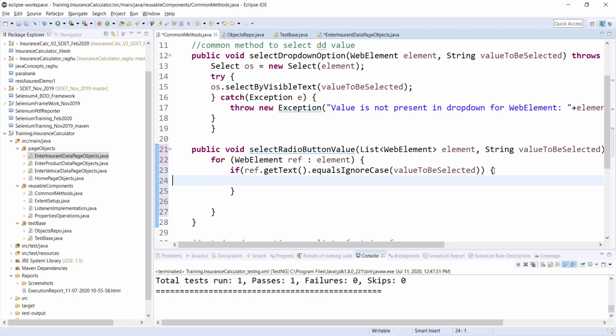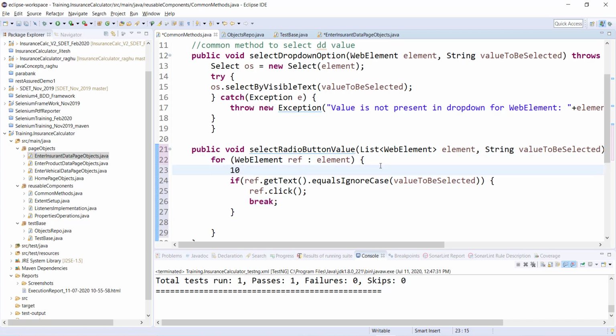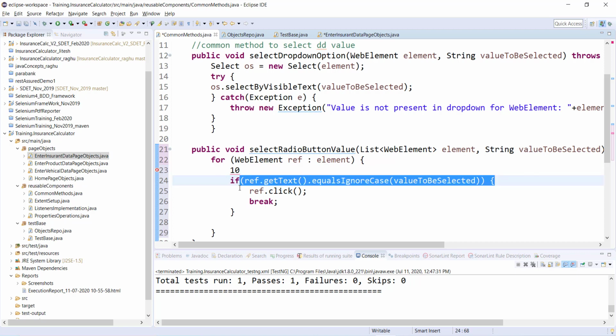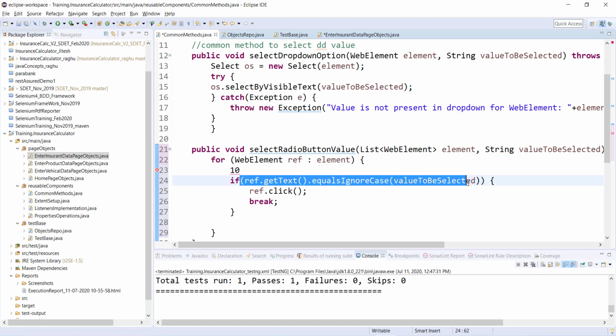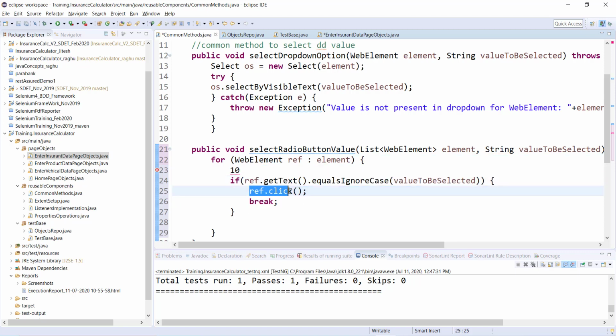Then do this particular stuff, and once you are done with it, simply break out of the loop. If you're not breaking, it will keep continuously checking. Let's say I have 10 web elements. In the first web element this particular condition is not matching, so it moves on. In the second iteration the condition matches, so it will click on that radio button.